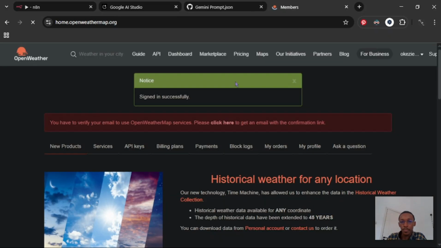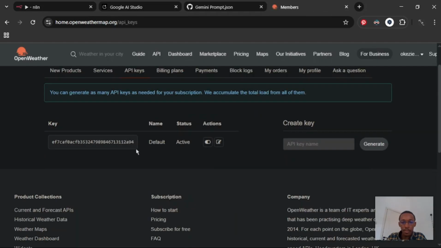Once you've signed up, you head over to My API keys and you will have a default API key which you can copy and make use of. So you head over to API,